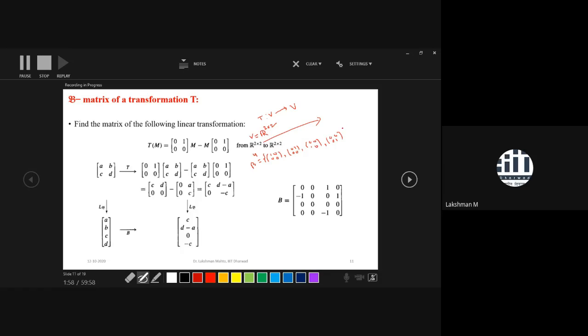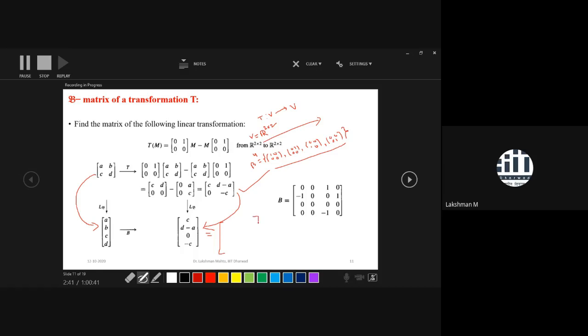So we will find the matrix with respect to this basis. What you do is write this in terms of coordinates. Again, find the image of any general 2 by 2 matrix. The image would be again a 2 by 2 matrix [C, D; -A, 0 - C]. And what is the coordinate of this one? The coordinate would be like this. From here you can easily generalize, and you can write this as a matrix multiplication like this, just by inspection.